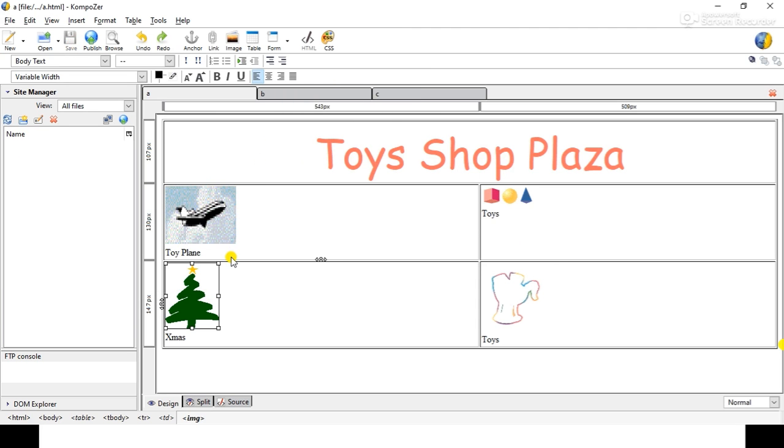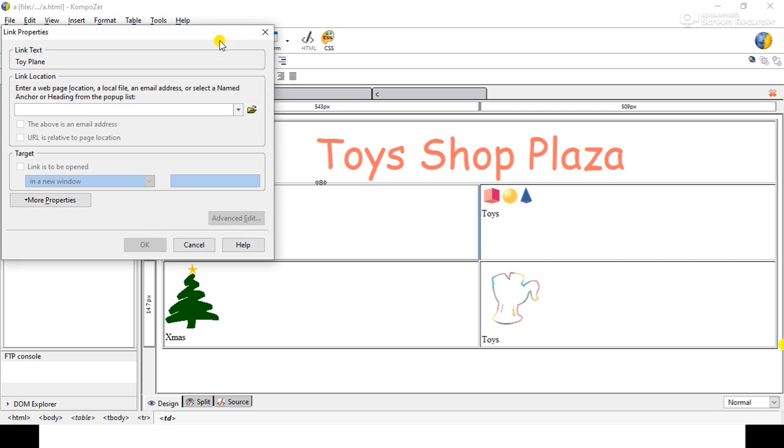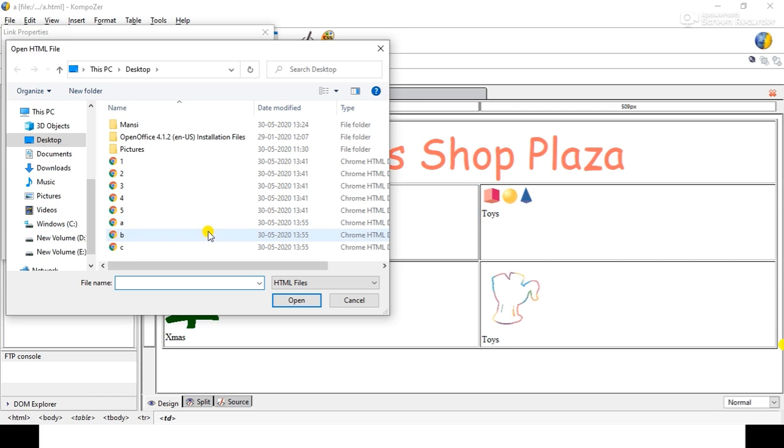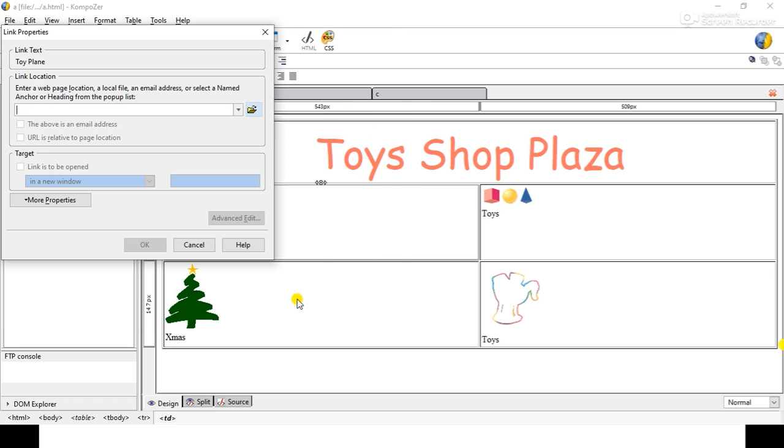So we will give the hyperlink to the B and C. So click on it, select this toy and select this image and text. Now click on this link, browse button, and select this option, that is B, and open.